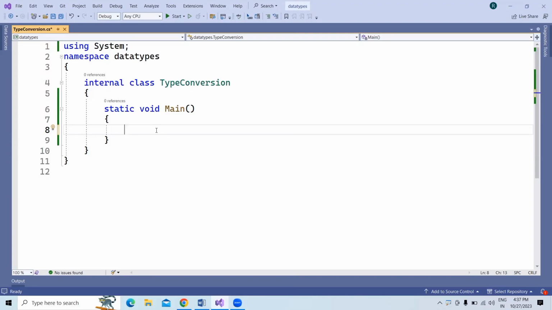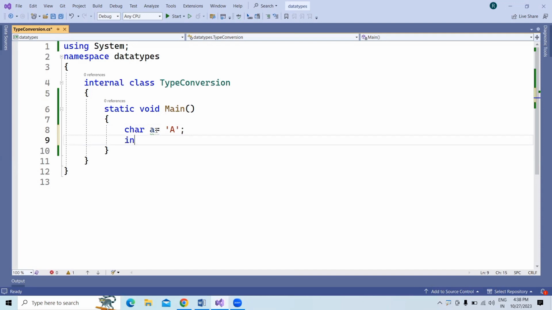Hello everyone. In the last video, we discussed implicit conversion. Implicit type conversion is applicable from a lower numerical type to a higher numerical type only. And in implicit conversion also, we can convert the char data type to other data types. For example, I am storing a character in the variable a, that is capital A. Every character has an ASCII value. So while we are converting a character into a numeric type, the equivalent ASCII value will